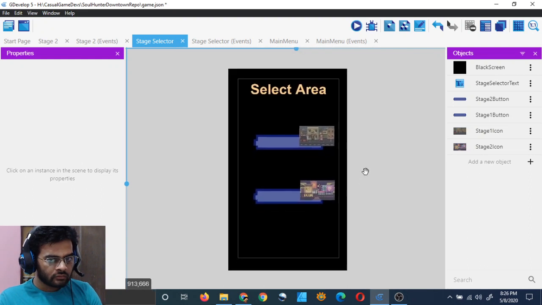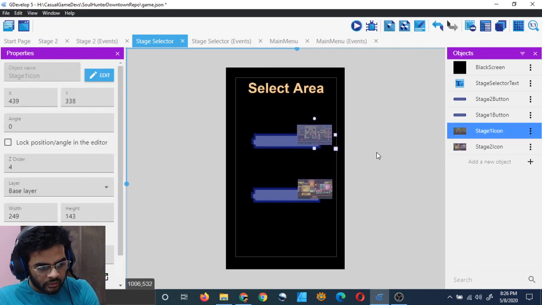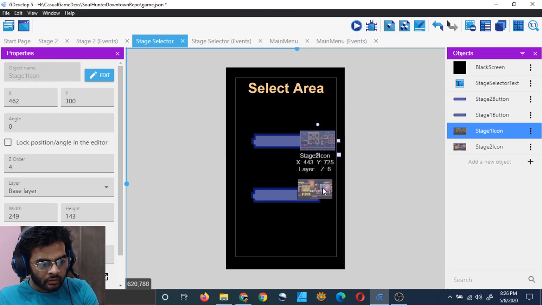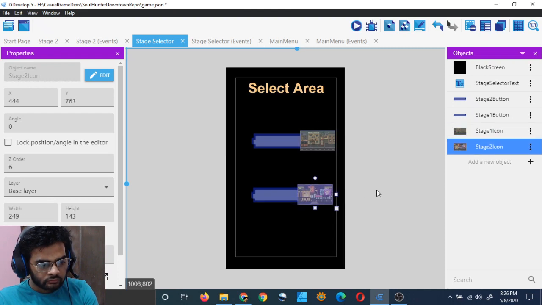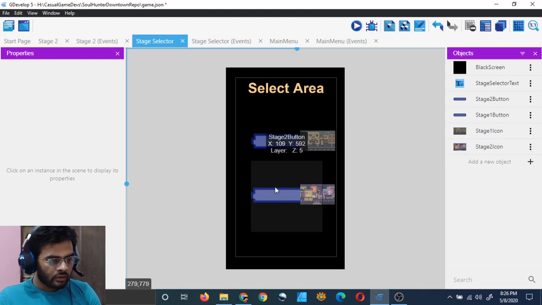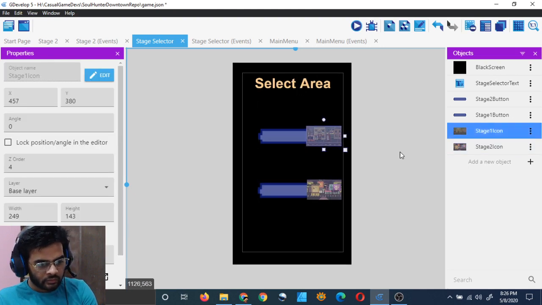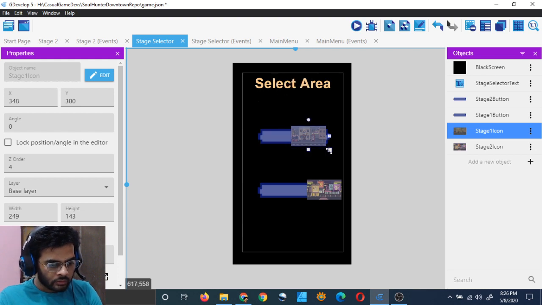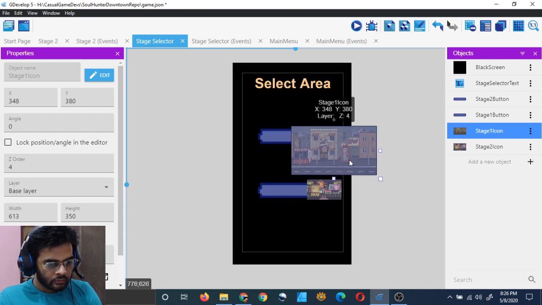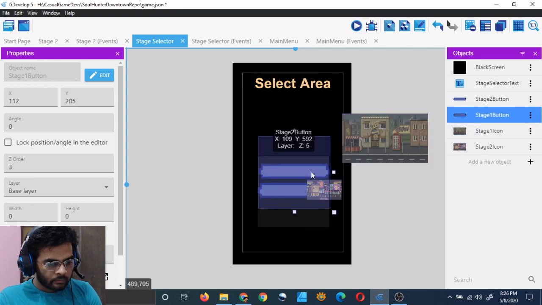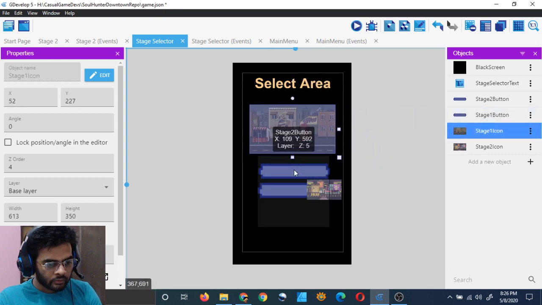Is it looking good enough? I think, or should I just move it like this and then align it with the other, and this one also move it down here and then align it with this. Is it looking better this way or that way? Or you can just do it like this and bring the button down and put like this.